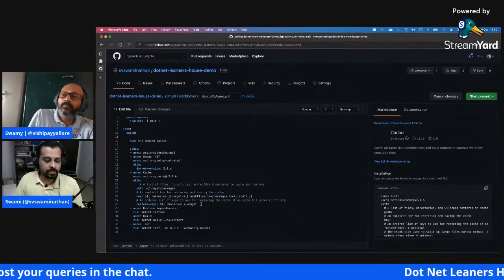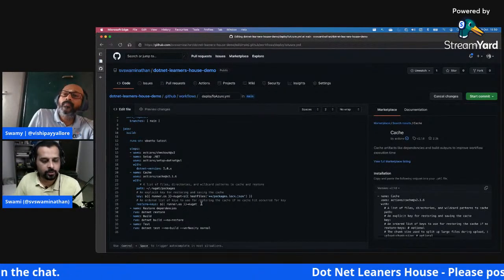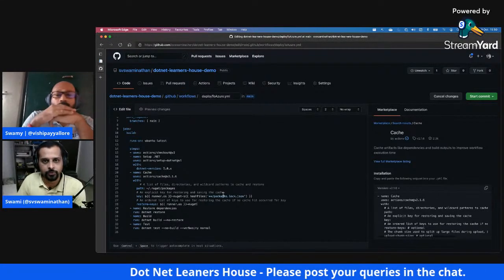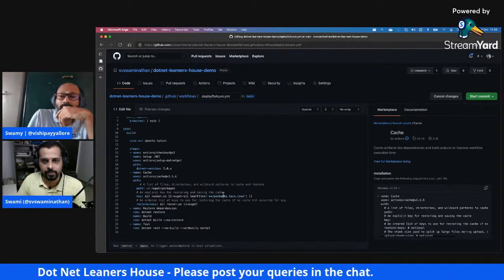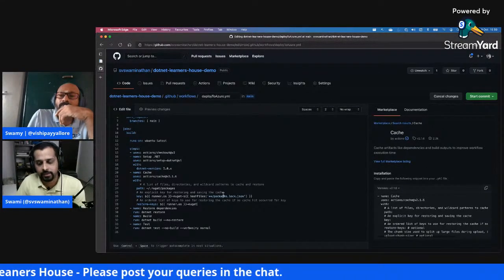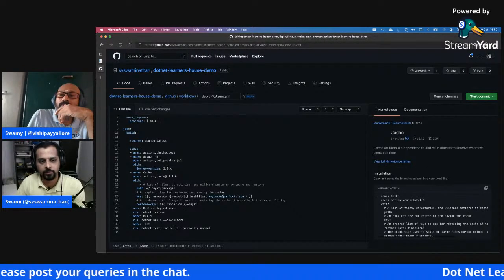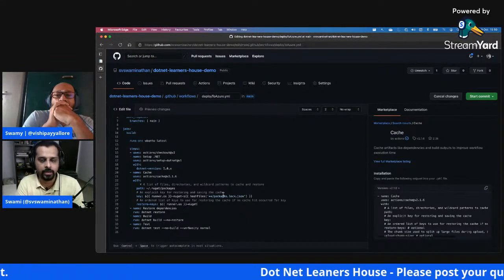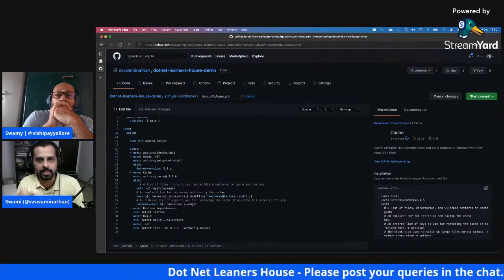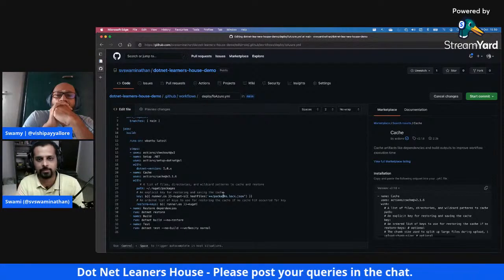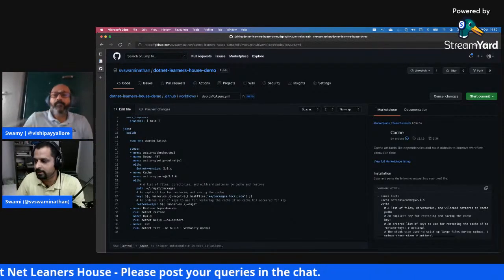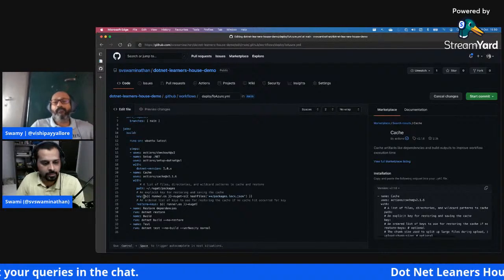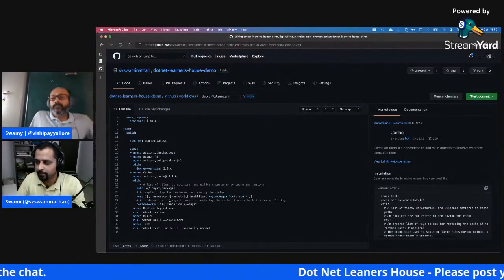So basically, like I said, this is going to be handy if you're working with a large .NET based application where you have multiple NuGet restorations happening. Even if it's a few seconds of improvement, that's good. And also when we talk about pricing here, since it's all on hosted agents, like what Vishwa called out, the billing is per minute. So if you can make your build as fast as possible, you'll be charged as little as possible. So it's always better to cache these dependencies so that it doesn't keep pulling them all the time.